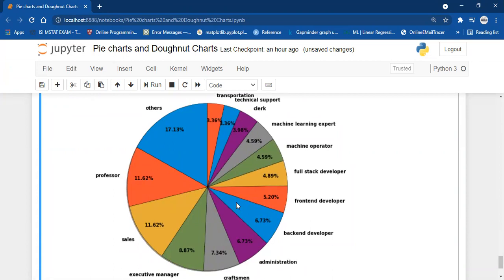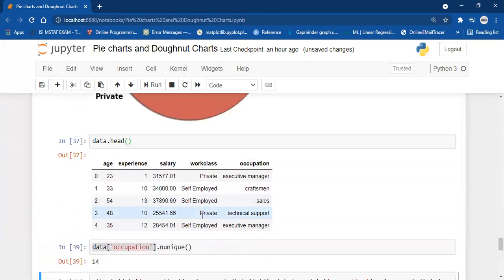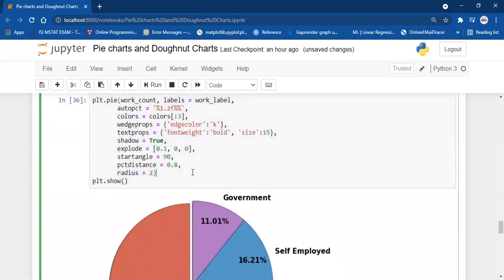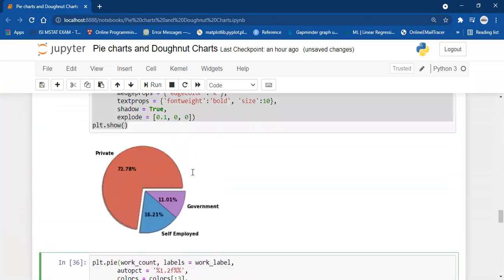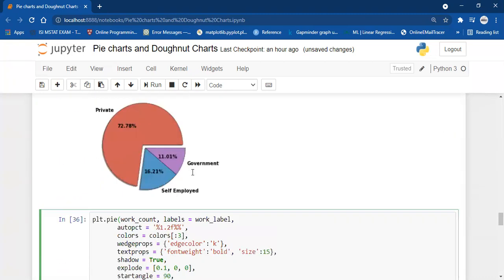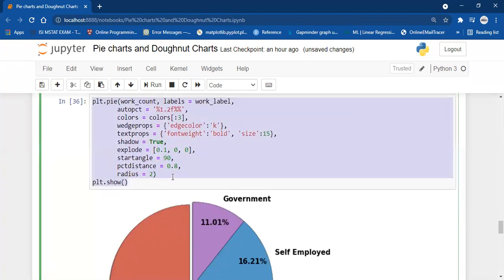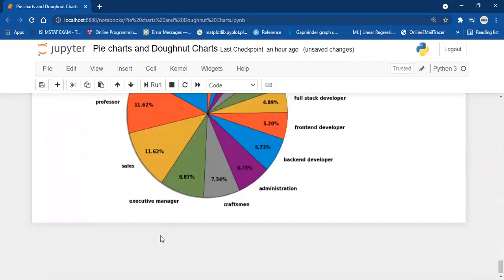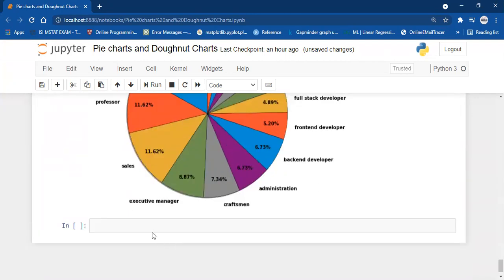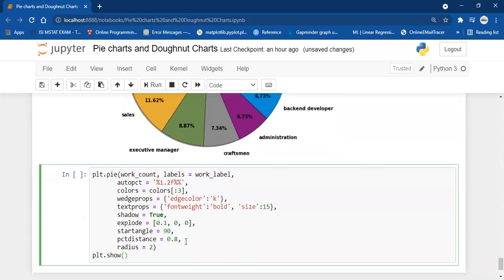Now let's move to the modification of pie charts, and the modification of pie charts is pretty easy. I'm just going to create a donut chart. The modification of the pie chart is the donut chart. I'm going to use this code only. You don't have to do anything extra. You just have to write one line extra in order to create a donut chart.